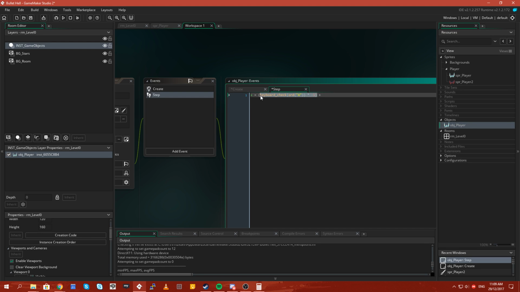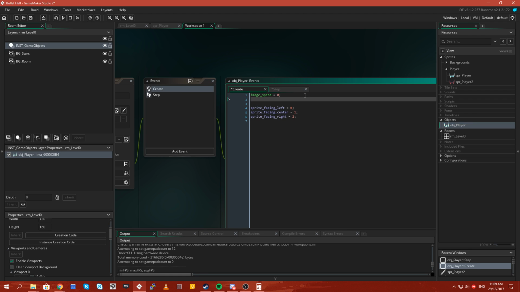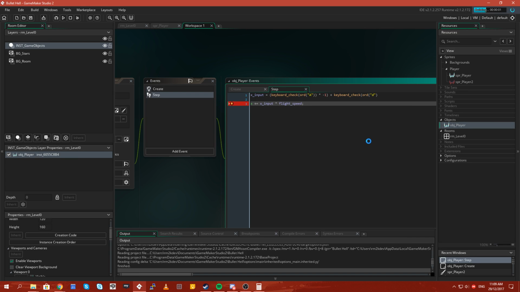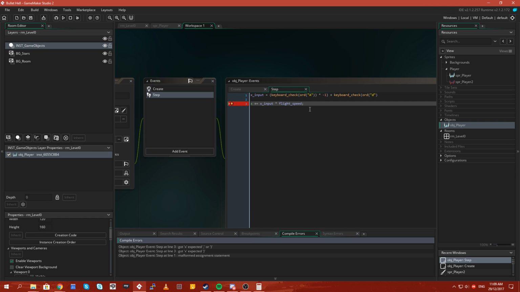We're going to add our D value for this. And D doesn't get multiplied by anything because if we are facing right, we are simply at a speed of 1. So let's just say x_input, and then down here we'll say x plus equals x_input times by speed, and we'll create a variable called flight_speed equals 1. So right now it's 1. Flight speed.